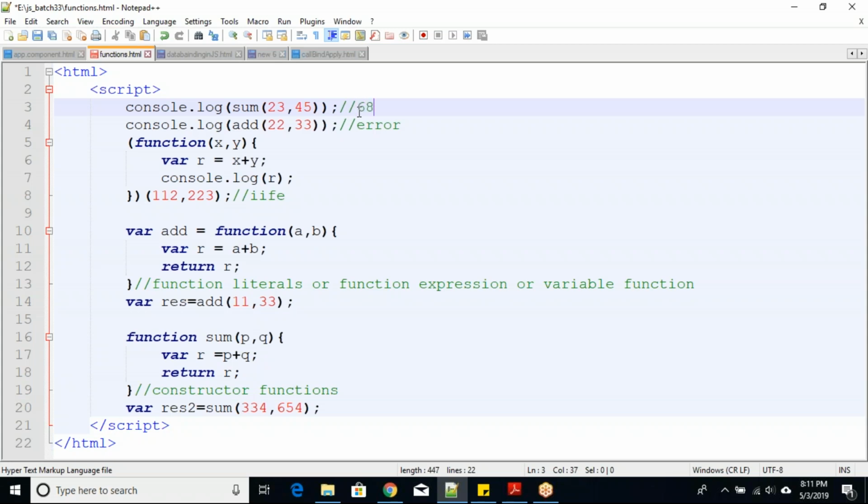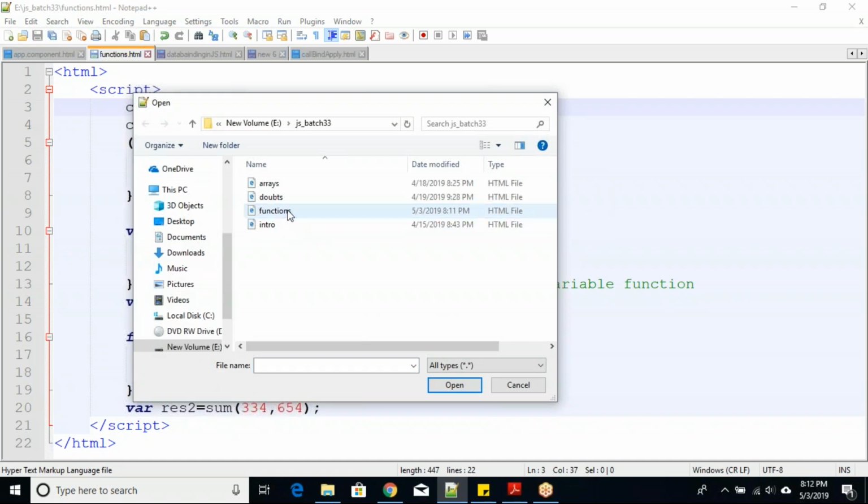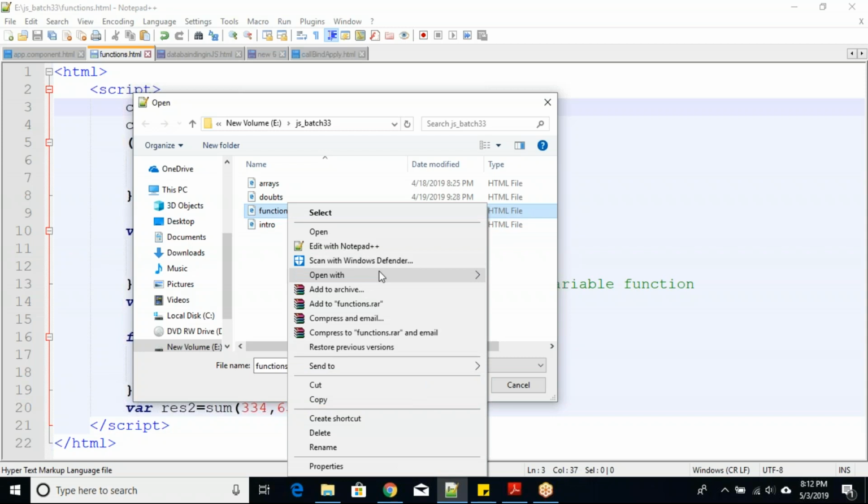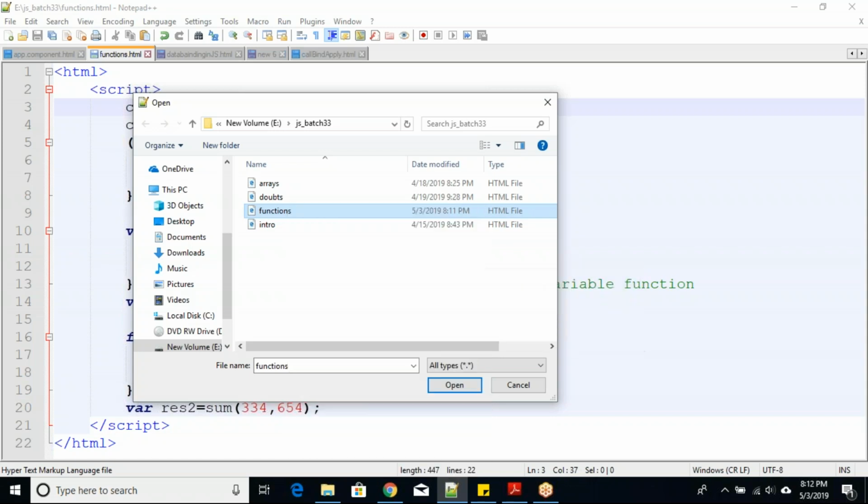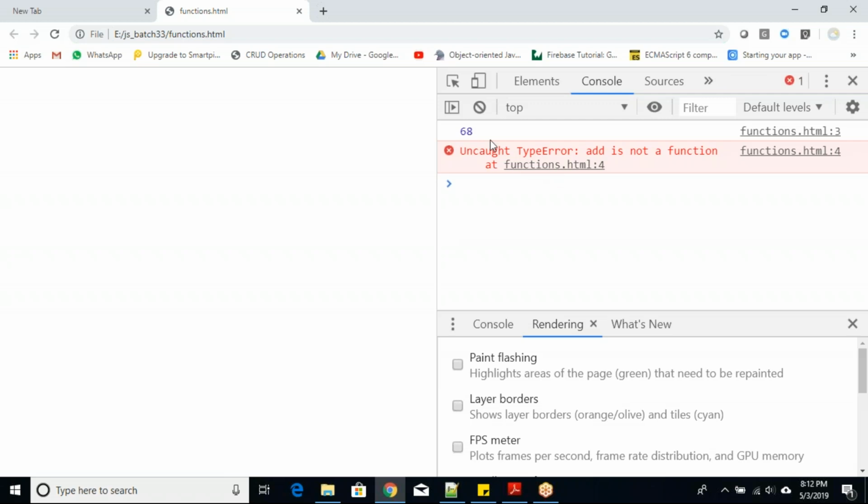So let us see this answer. So 68, and then you got an error called add is not a function. Can you see this point?